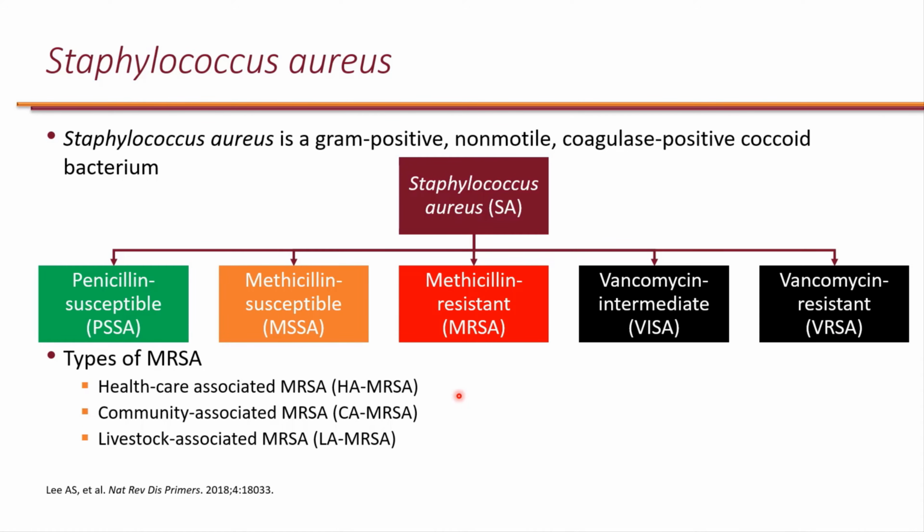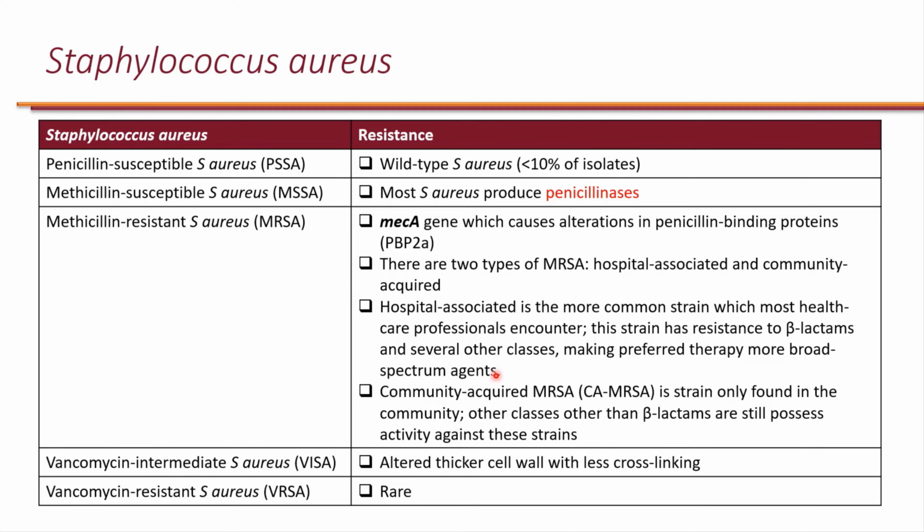Now, MRSA is clinically important, and in general, there are different types of it. So we have healthcare-associated MRSA, and then we have community-associated MRSA. There's also livestock-associated MRSA, based on the antibiotics that are used in animals and in food production. But clinically, we basically break these down into healthcare-associated MRSA or community-associated MRSA. Healthcare-associated is the more common strain, which most healthcare professionals encounter. This strain is resistant to beta-lactams, with the exception of ceftaroline, and several other classes, making preferred therapy more broad spectrum agents. Now, community-associated MRSA is a strain only found in the community, and classes other than beta-lactams are still possibly active against these, such as doxycycline,